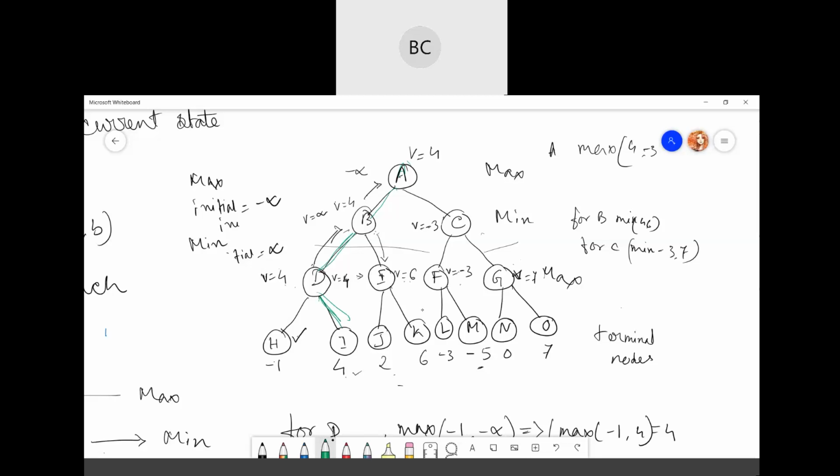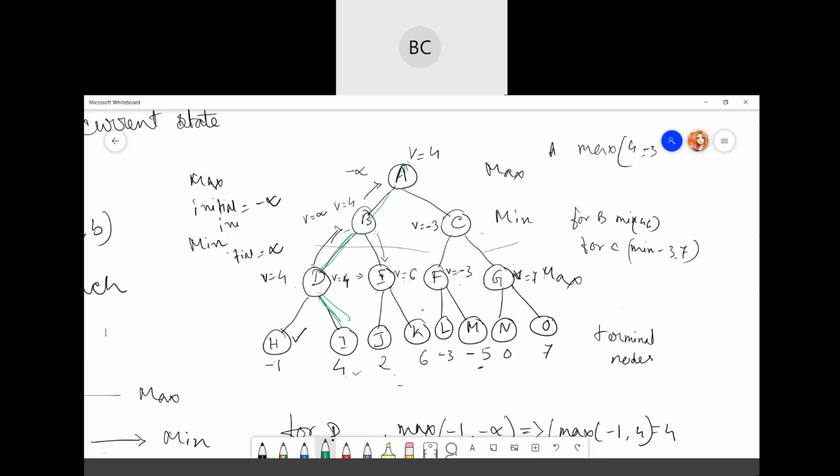Just remember this simple thing. You check the terminal nodes first. Then you see whether it's max's turn or min's turn. If it's max's turn, it will select the highest value. If it is min's turn, it will select the minimum value.